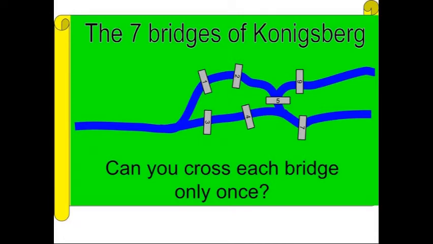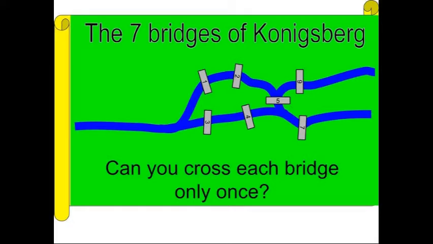The seven bridges of Konigsberg problem caught the attention of a famous mathematician by the name of Leonhard Euler. In 1736, Euler finally proved that it wasn't possible to cross each bridge exactly once. He was able to do this by simplifying the problem. He realized it didn't matter what path you took on land, the only important part was where each bridge was